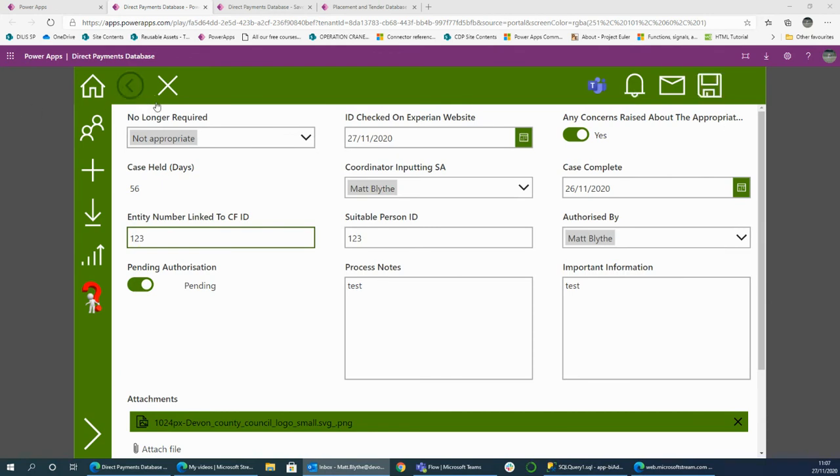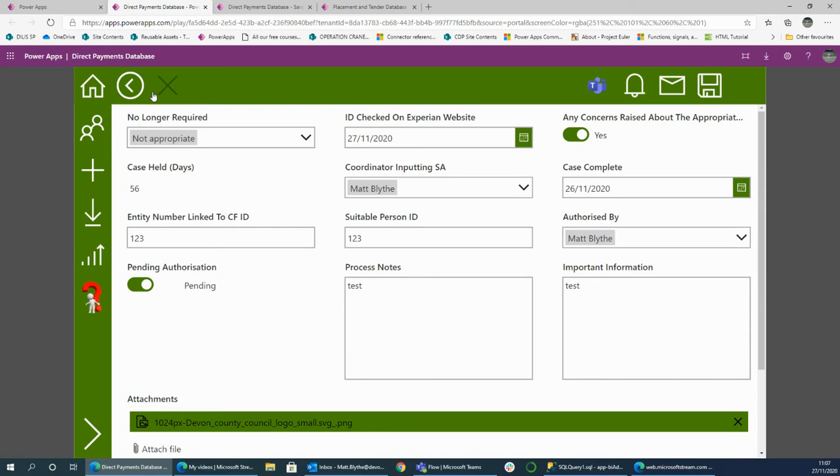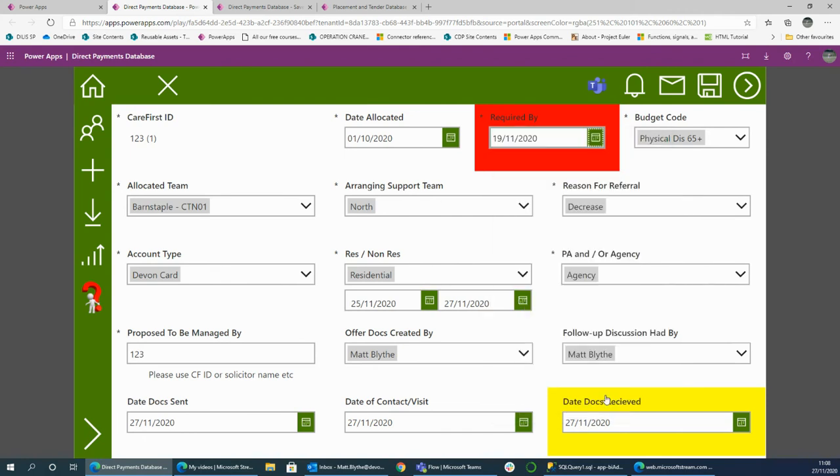Okay, so that is pretty much everything within the case screen that you need to know. So the save icon's there, close, Teams, email reminders, Outlook reminders, sorry, and send an email. As you can see here, some of these are color coded just to give you a polite reminder. The required by date is RAG rated, so red, amber, green. And if we go ahead and set up to there,